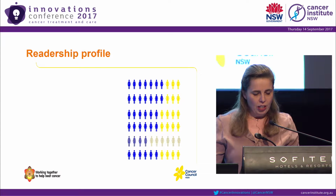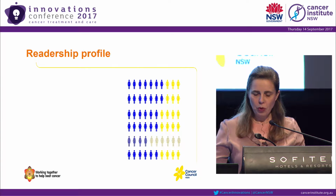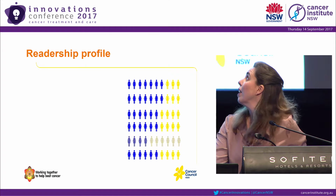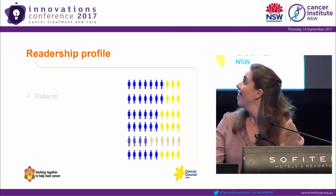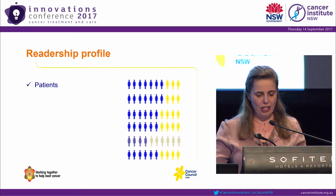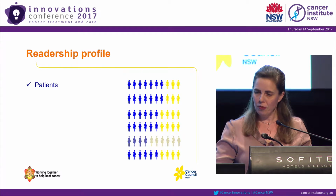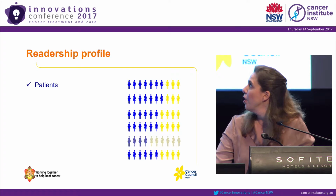Okay. So who is actually receiving and reading these booklets? Well, most people identified as having a current cancer diagnosis, slightly higher percentage of males than females. 8% had a previous diagnosis and had finished active treatment, 7% were carers, and the remainder were family members of somebody with a current diagnosis. The majority of people who returned the survey...